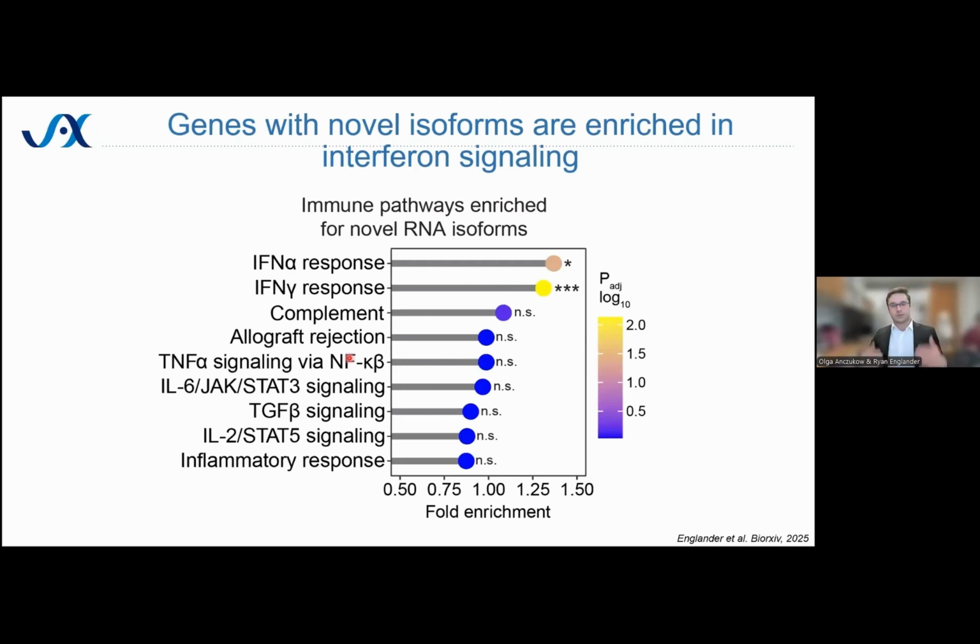So to bring it back to the initial question that we asked about how spliced isoforms might be impacting immunotherapy response and resistance, we took genes that were enriched for novel isoforms, having more novel isoforms than reference, and asked if there were any immune signaling pathways that were overrepresented among those novel isoform enriched genes. And we found that indeed there were 2 pathways that were enriched among genes with more novel than known isoforms. And these are the interferon alpha and interferon gamma response pathways that you see pictured here. And that was particularly exciting to us because these 2 pathways are known to be incredibly important in anti-tumor immune responses, both initiating them and in